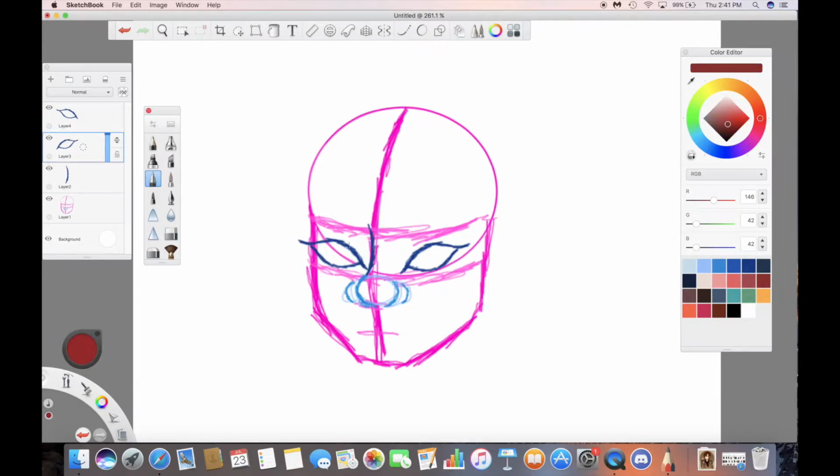So you can see here I'm copying the eye, and usually you don't want to do that because people aren't symmetrical, or nothing's really truly symmetrical. So